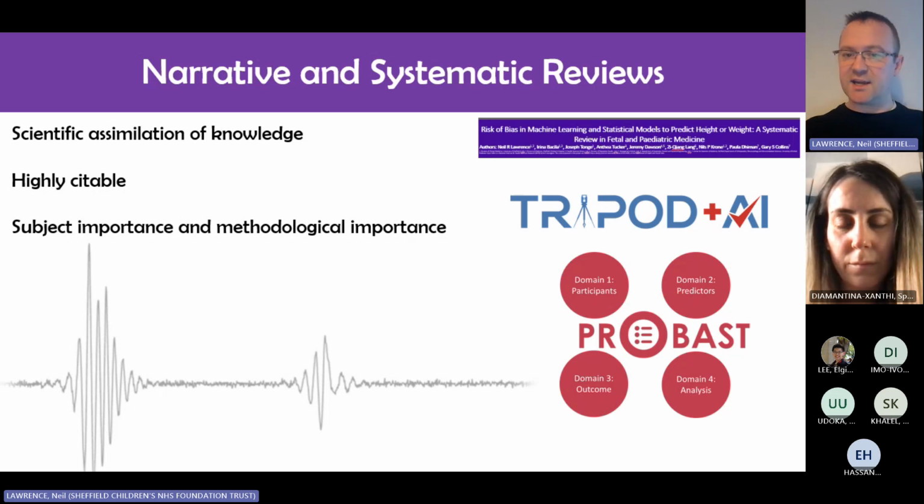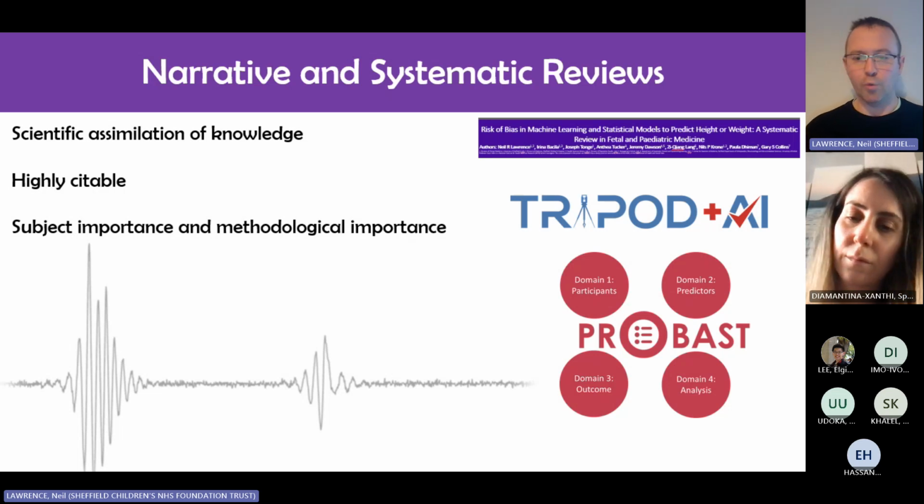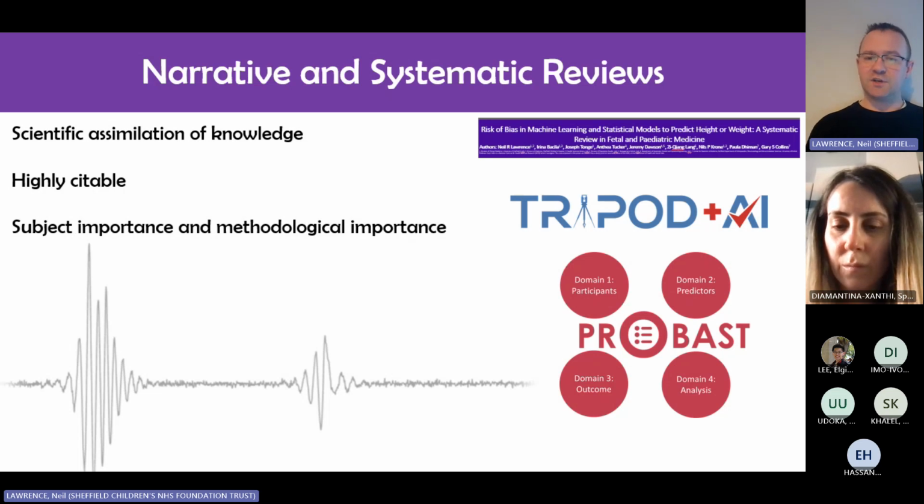So in relation to this project, those reporting criteria would be the TRIPOD+AI checklist, which is the transparency of reporting of prediction models that use AI, or perhaps the PROBAST guidance, which goes hand in hand with that, which actually assesses prediction models for risk of bias. And you can put those sorts of papers into either subject-specific places, like in this case, pediatric cardiology journals, perhaps,